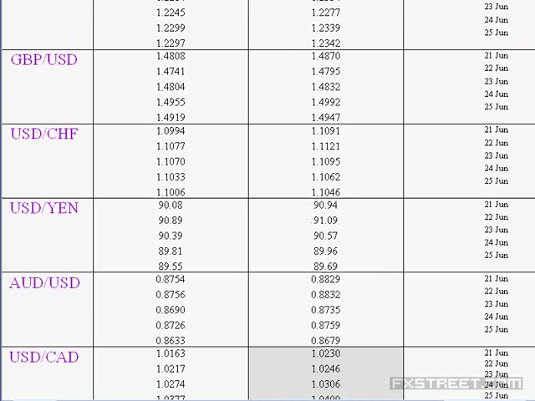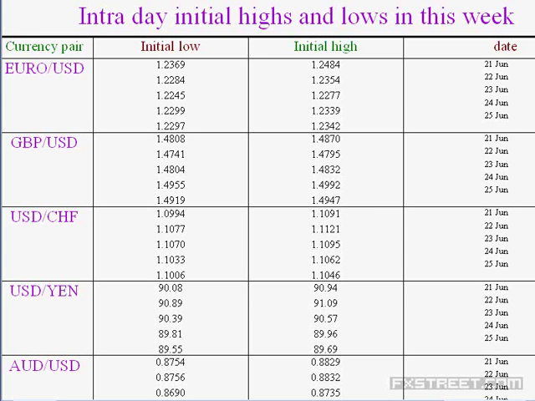And in the case of the Canadian dollar, we find the lows and the highs are intact. Excepting the Australian dollar, all the other currencies are showing the initial lows and the highs are intact. So based on that, that means for the past 5 hours, they have not breached either the high or the low. So what sort of trading decision can you make? You can use the basic trading